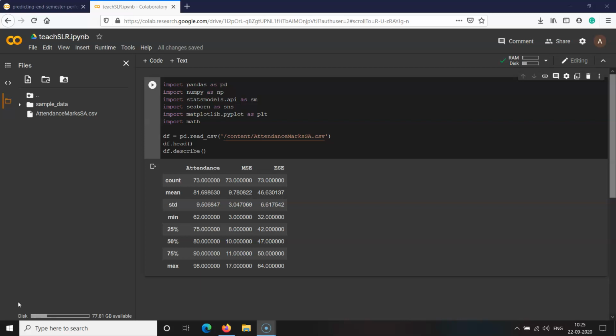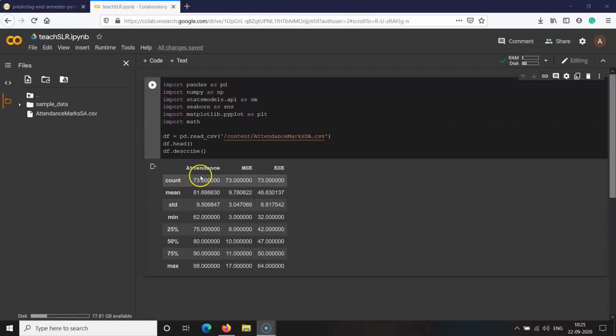relationship between classroom attendance and end semester examination, and mid-semester examination and end semester examination. So here I am dividing the regression modeling in two different parts, meaning that I am developing two different regression models. One is for mid-semester examination to establish the relationship between the mid-semester examination and end semester examination mark, and the second model that I would like to build is for classroom attendance and the end semester examination mark.